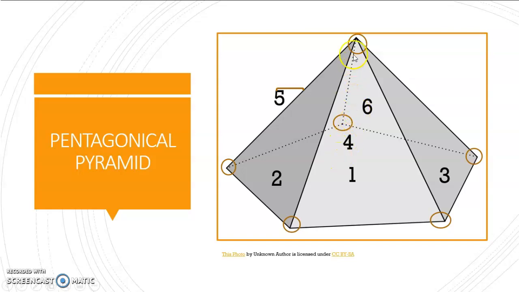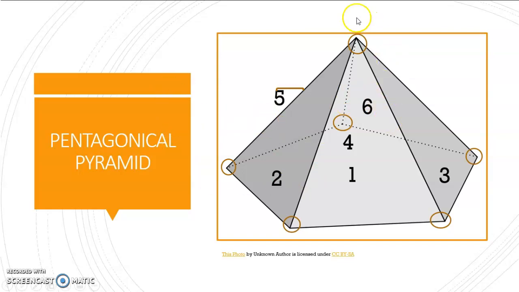Let's see if we can do it again. It's 1, 2, 3, 4, 5, 6, 7, 8, 9, 10. And that is correct because it is a pentagon with 5 sides times 2 will give me a pentagonal pyramid's